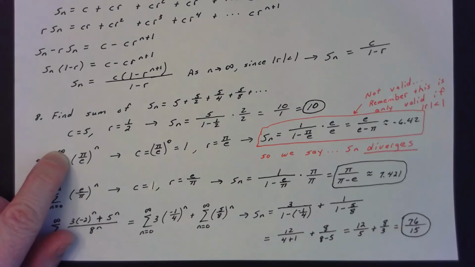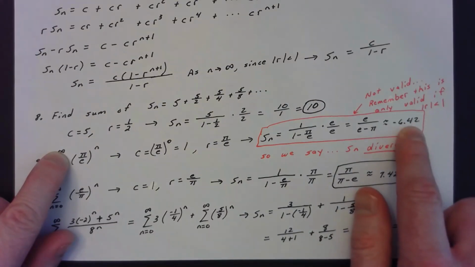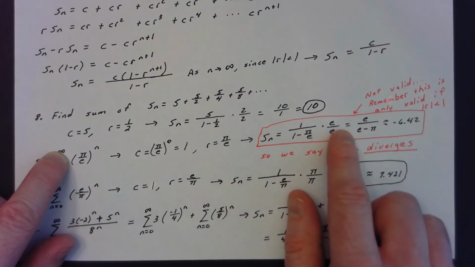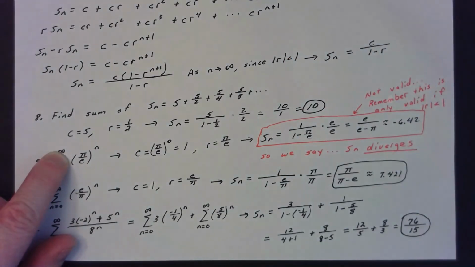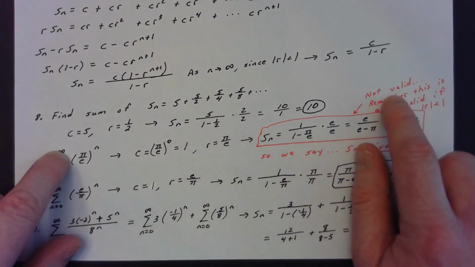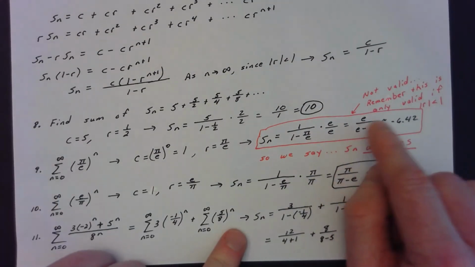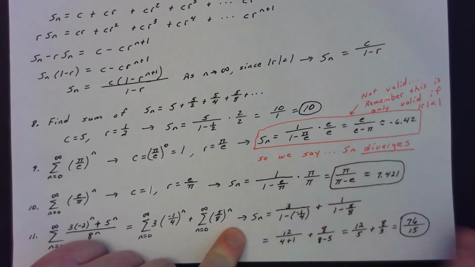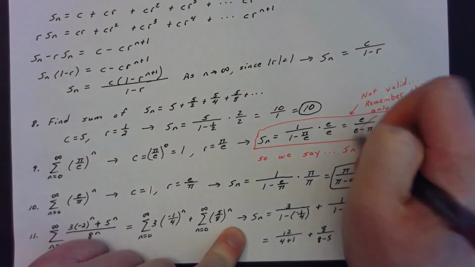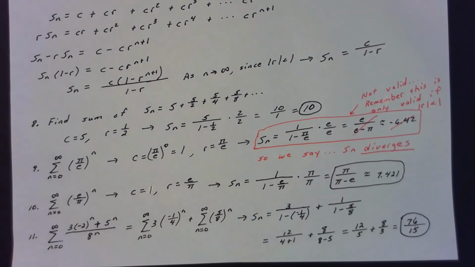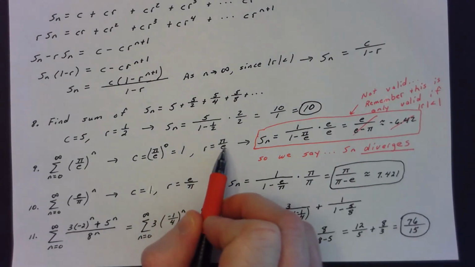You can't take a sum of positive numbers and get a negative. Well, that's because this formula is not relevant if it's not a convergent series. This series is not convergent, so that's why I put up here that this is not valid. Remember, this is only valid if the absolute value of r is less than 1. So instead of all of this, you would say absolutely not. Do not answer that. Instead, you just say S sub n in this problem diverges, because the r value was